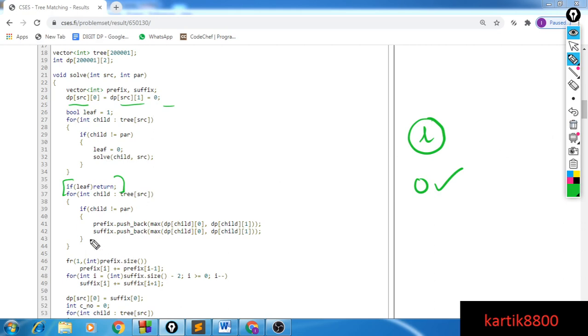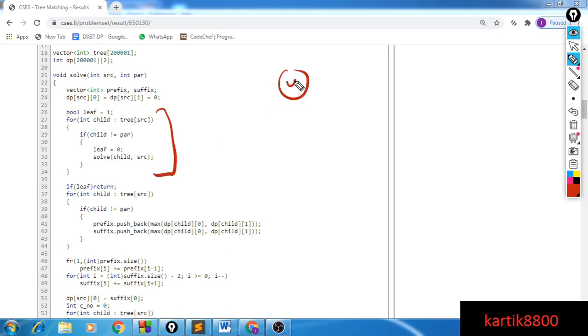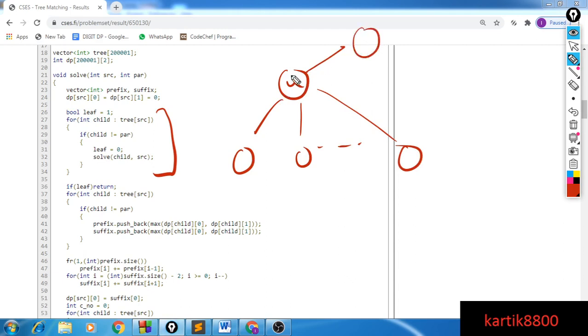Otherwise, I evaluate these prefix and suffix sums as I told. First of all, in this loop, for this node U, I need the answers of the child nodes to be evaluated first. So I'm going to call all the child nodes of U. I'm going to ignore the parent because I am storing all the edges, but I don't want to evaluate the parent first.